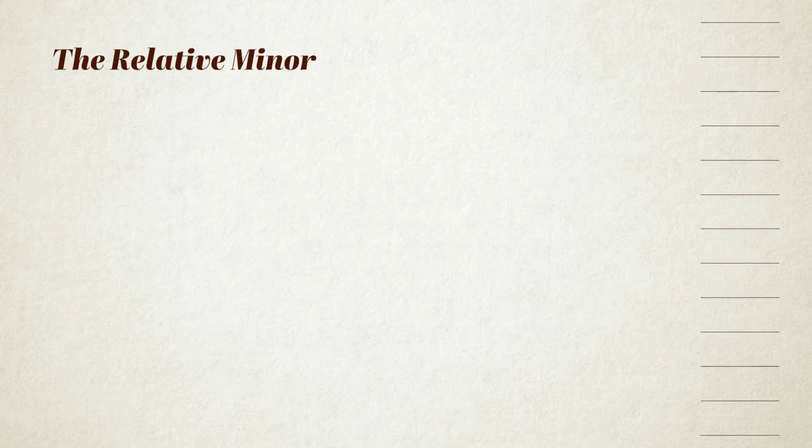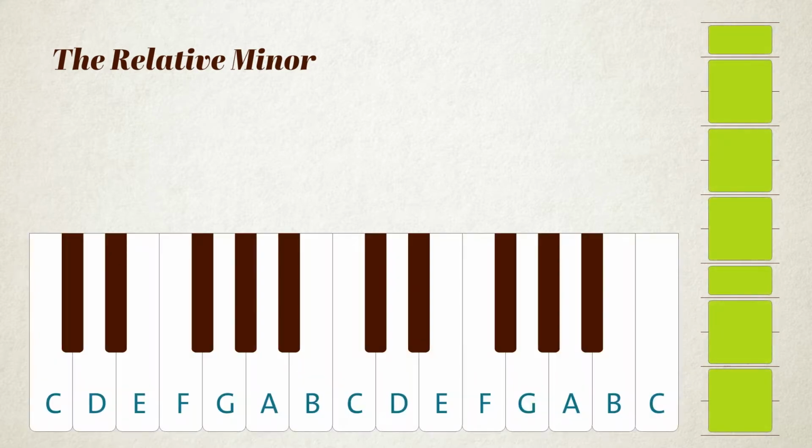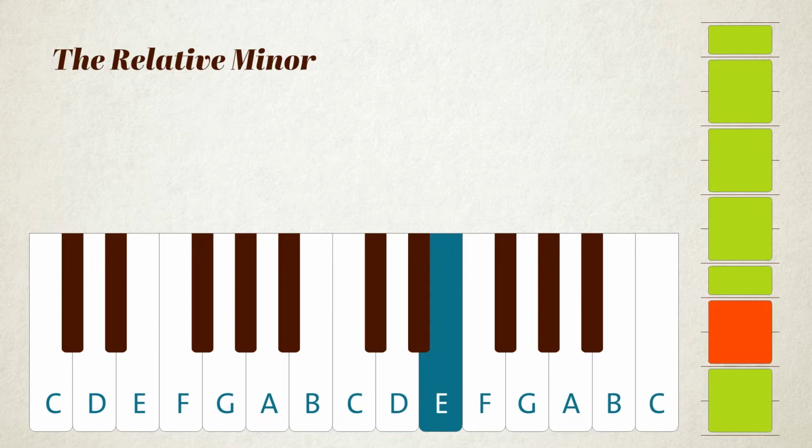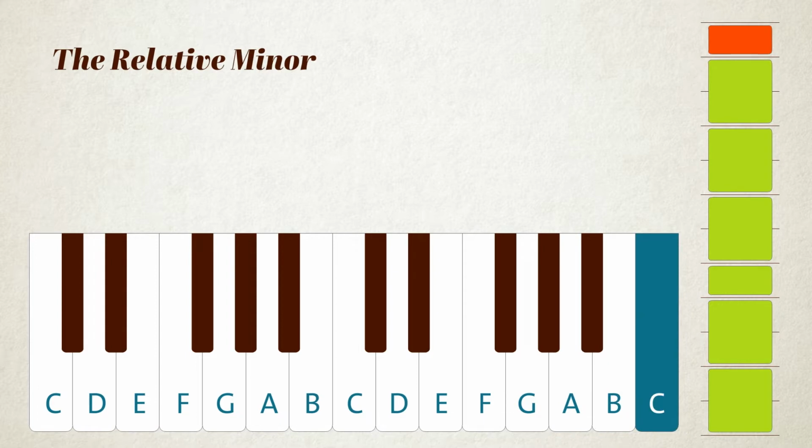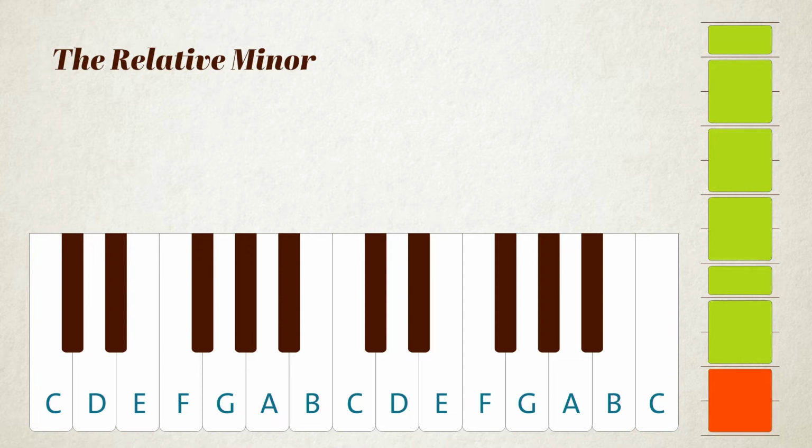The relative minor scale is one that shares the same notes as a particular major scale. Take a look at my video introducing the major scale and you'll see that the major scale itself is made up of a particular set of intervals: tone, tone, semitone, tone, tone, tone, semitone. And it doesn't even matter what note you start from. As long as you follow the structure of tone, tone, semitone, tone, tone, tone, semitone, the sequence of notes will